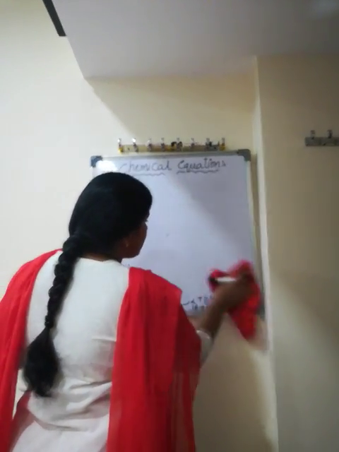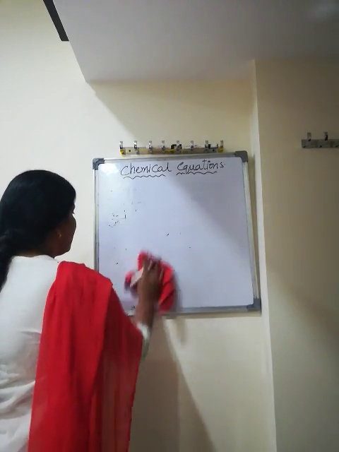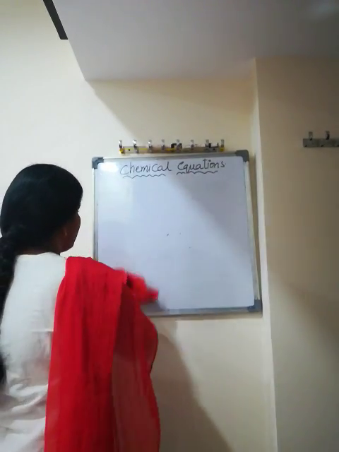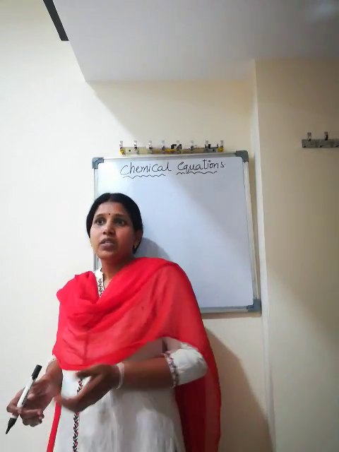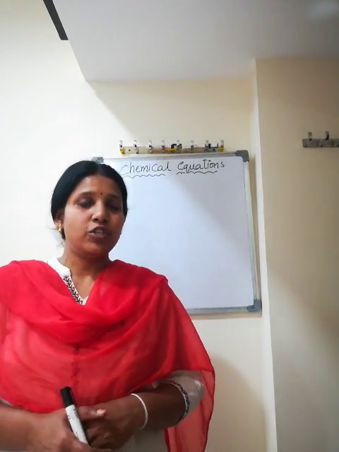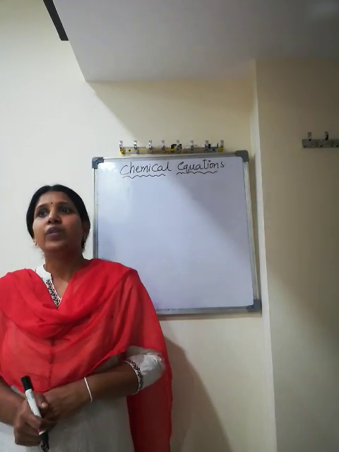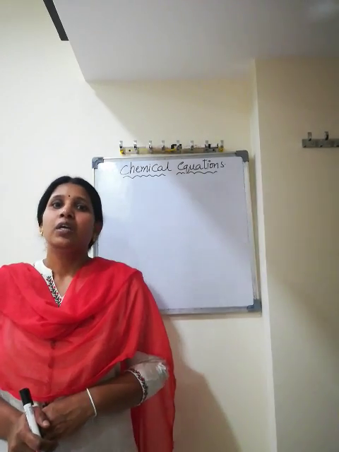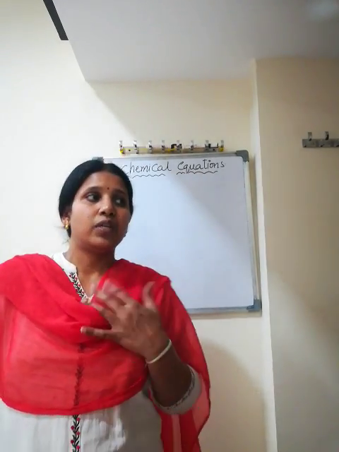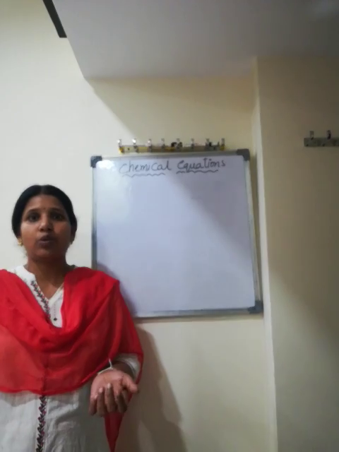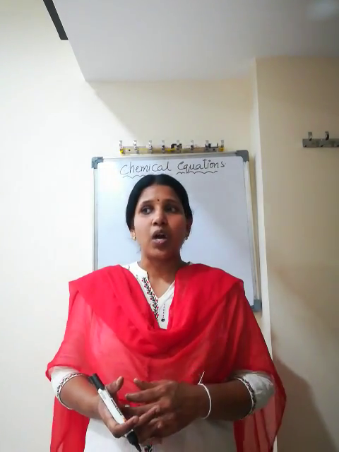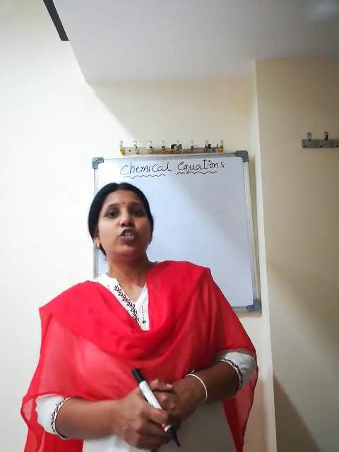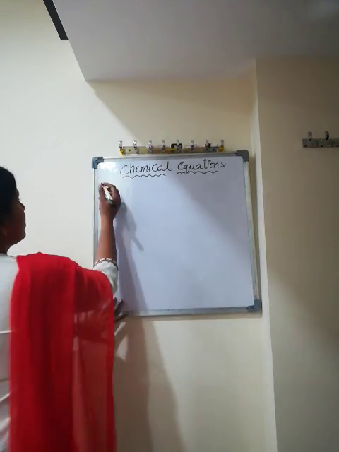To explain this, I want to take the examples which we already discussed in the first part. The first example is quicklime added to water. The second example is sodium sulfate solution added to barium chloride solution, and the third example is hydrogen gas evolved by the reaction of zinc pieces with dilute hydrochloric acid. By taking these examples, I want to explain how we can make the balanced equation more informative.